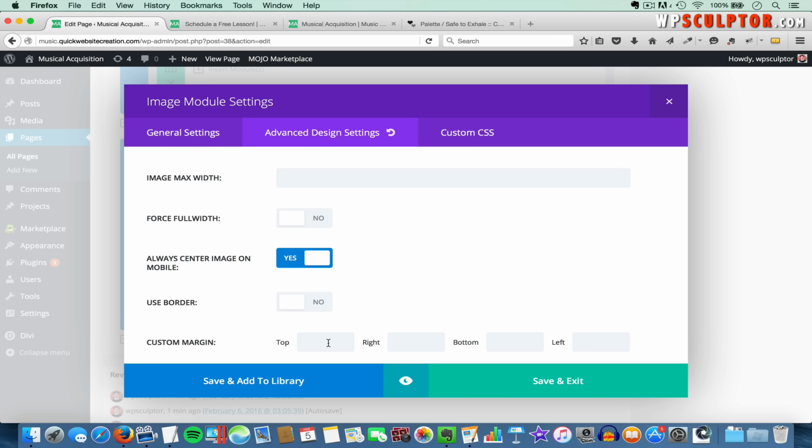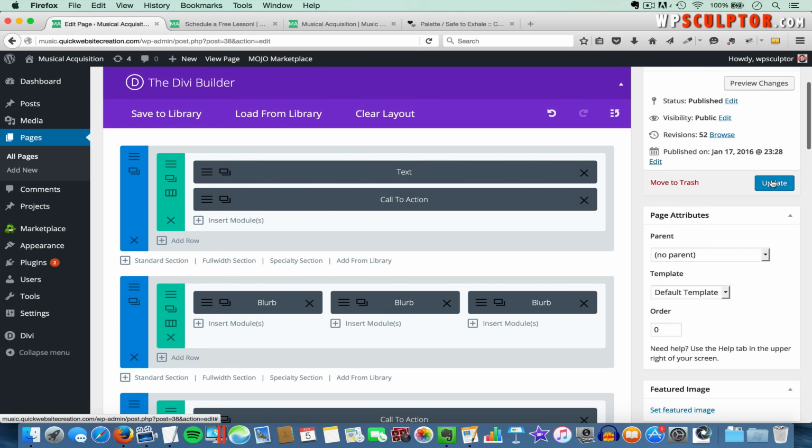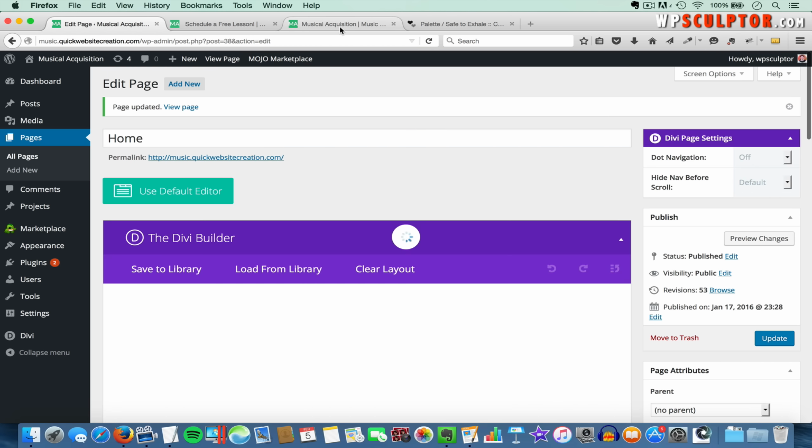We're going to bump this down from the top, and this is going to be a trial and error type of thing like we've been doing. And I found that 40 pixels was a good number. That was the amount needed to make the bottom of this image flush with the bottom of the first image. So I'm going to type in 40, and let's go ahead and click on Save and Exit, and we'll update the page, view the front end,